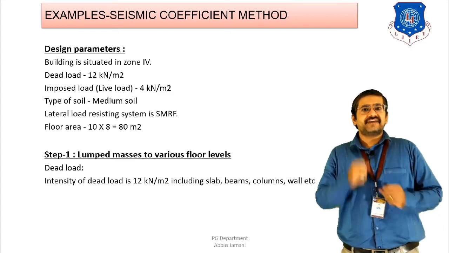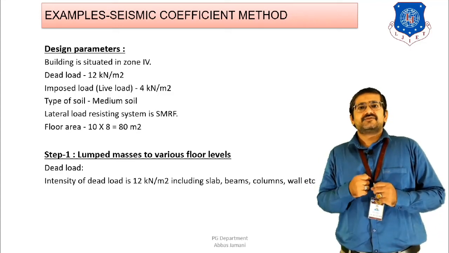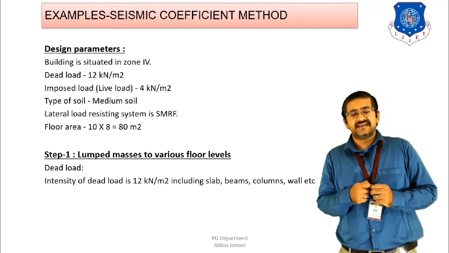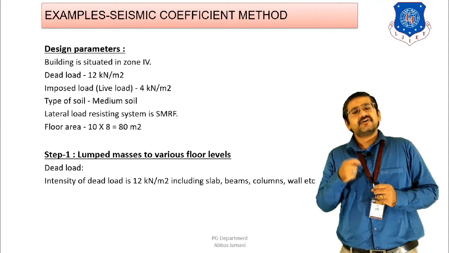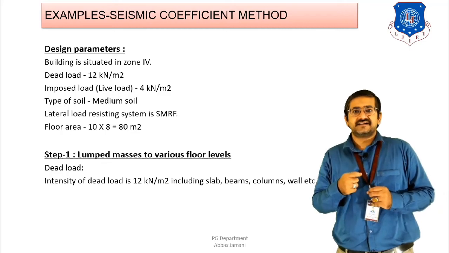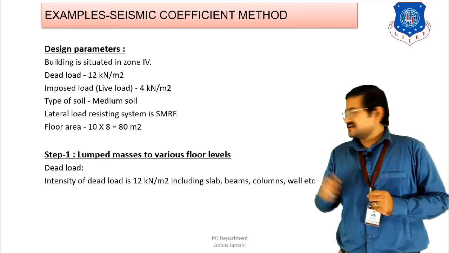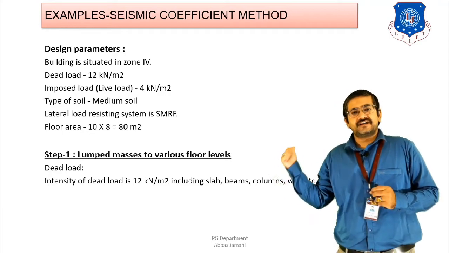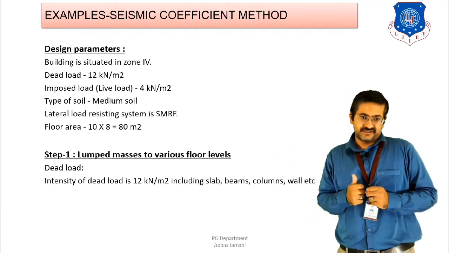So as a result of that, we know that the IS code, that is IS 1893-2016, is suggesting that whenever the building is an important building, or it is a public building such as a school building, college building or hospital building, then the importance factor of such a building shall be considered as 1.5, right? So the first word, that is the school building, is giving you an idea about the value of importance factor that you need to consider.